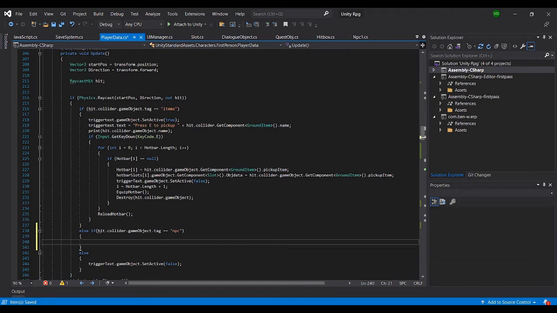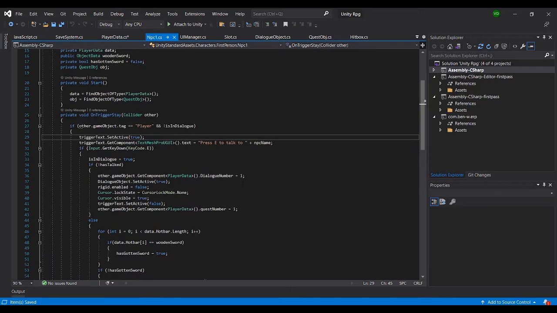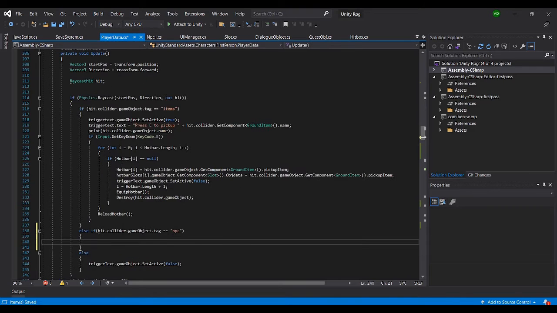And inside the NPC tag, we will create different states for each different NPC, because each NPC script is different. We have NPC 1 here. In the future, we'll have NPC 2, NPC 3, NPC 4. For now, we'll just have NPC 1. So we can just say if,